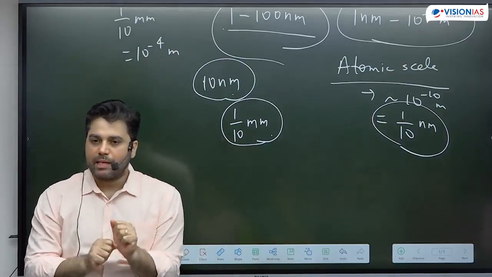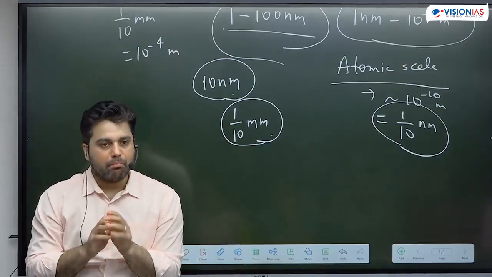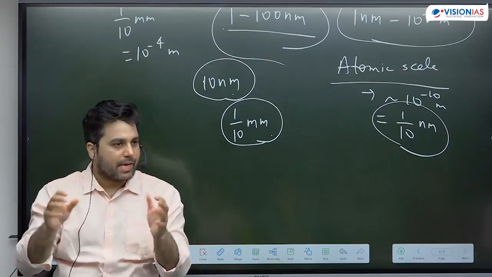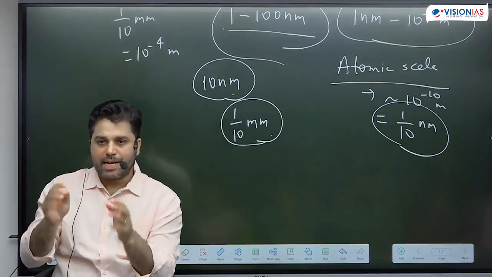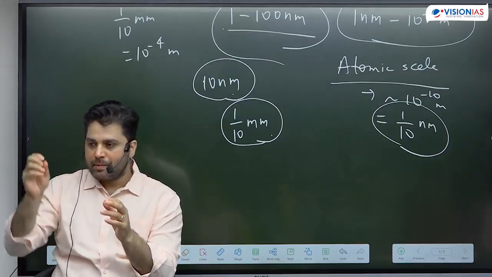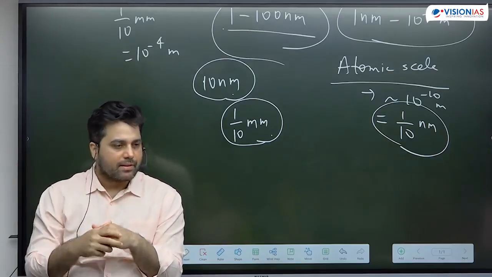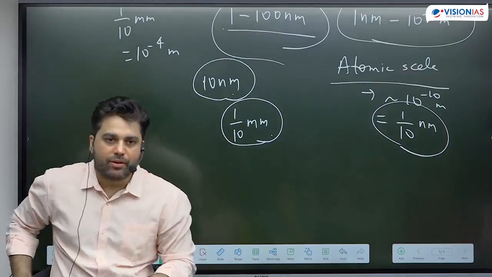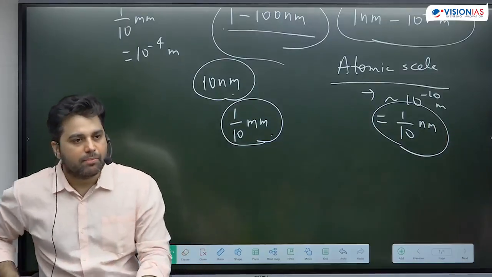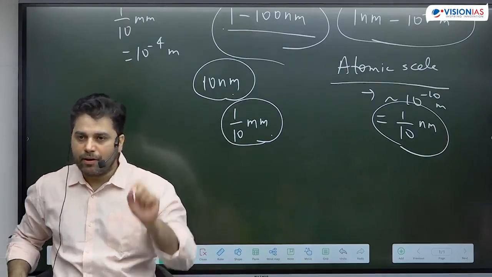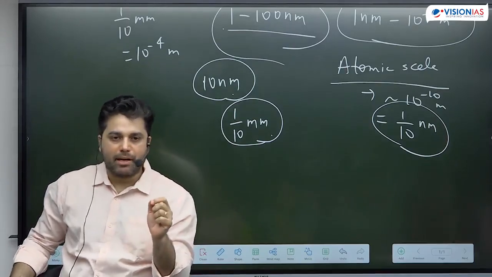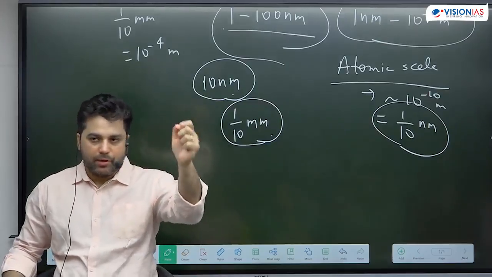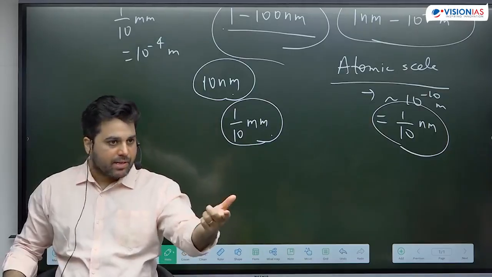But now I'm not talking about a bulk material. I'm talking about a bond which does not exist between trillions to trillions of atoms. I'm talking about a bond which exists between 10 atoms, 100 atoms, 1000 atoms. Now think of a particle like electron. An electron is a very small particle. For an electron, a bulk material, for example, say I have 1 gram of gold. Gold is a metal, very good conductor of electricity.